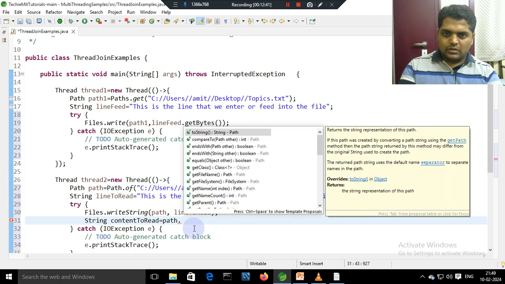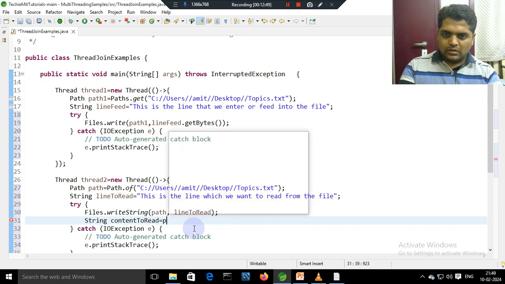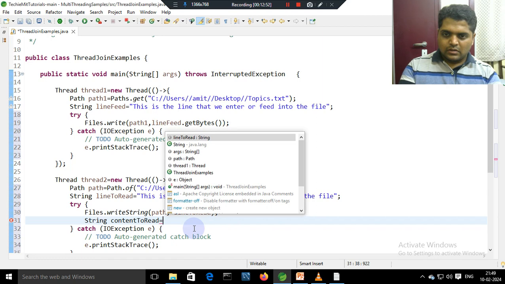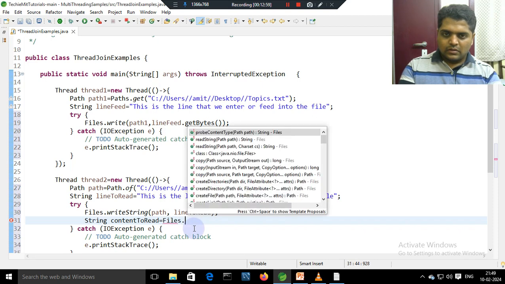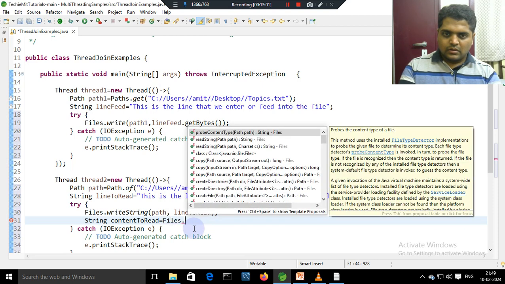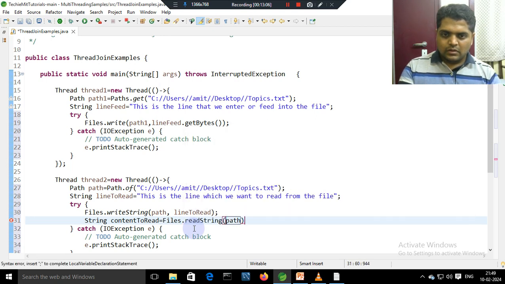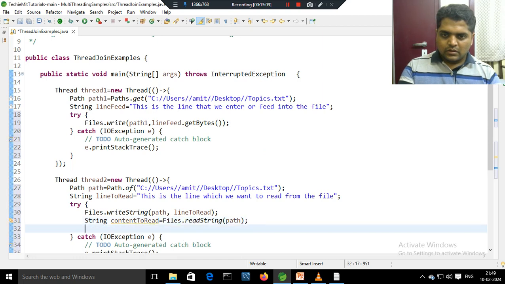Path dot... print the contents of the file. File contents are